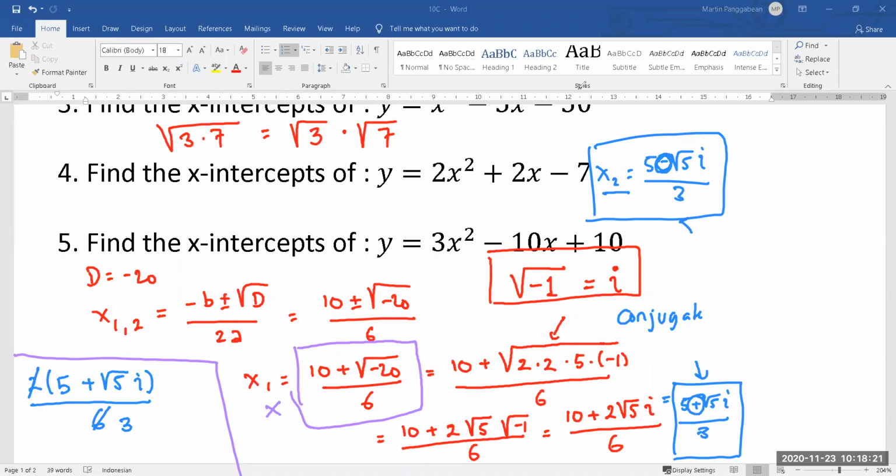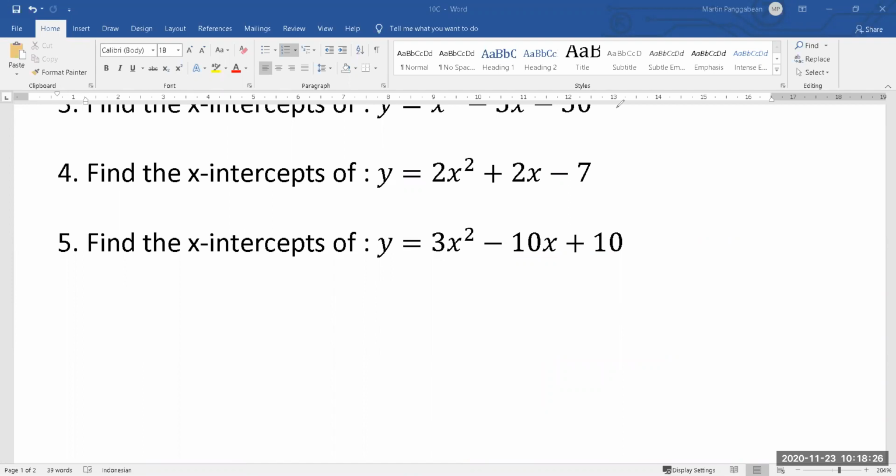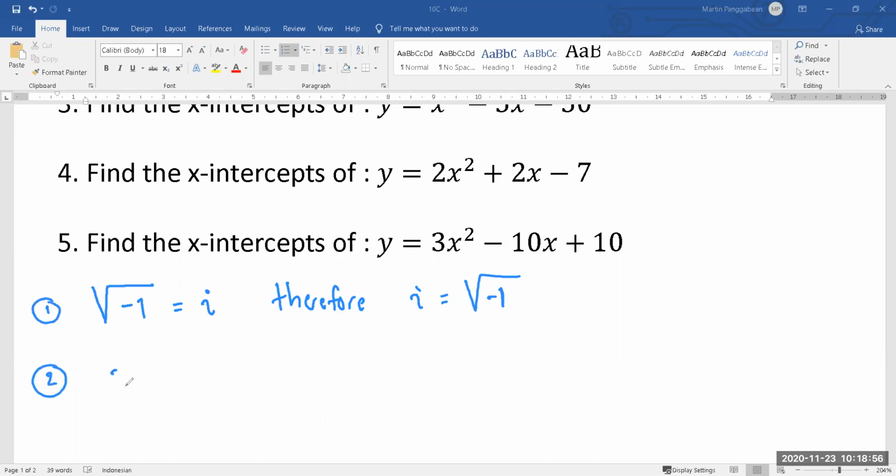Actually, this is the only material that we want to learn, but the application is quite complicated. So let me write down the conclusion. Only two conclusions. First, square root of -1 equals i. Therefore, i equals square root of -1, right? Okay, reflexive or symmetric axiom. And then this is the first. The second, i squared will be equal to